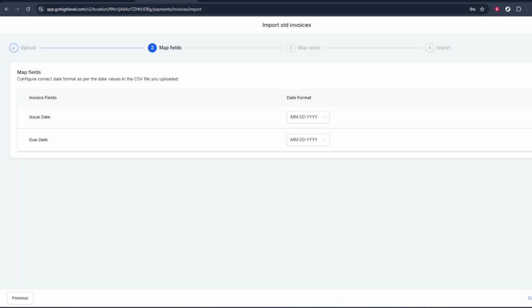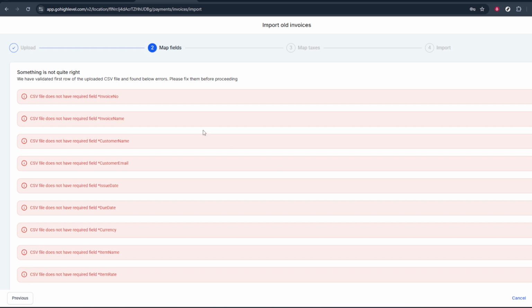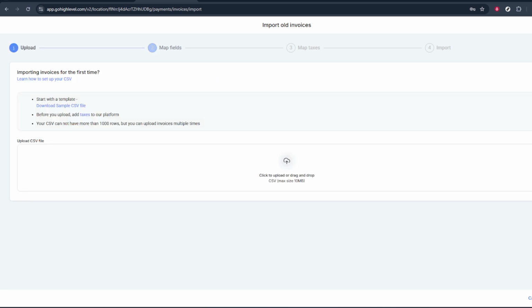Once you click on Import Invoices using CSV, Go High Level will open a guided import window. From here, simply follow the on-screen prompts. Typically, you will be asked to upload your CSV file, match each column from your file to the correct invoice field in Go High Level, and then confirm everything looks right before starting the import. Take your time on the mapping step and double check your dates, totals, and contact details. When you're satisfied, proceed through the